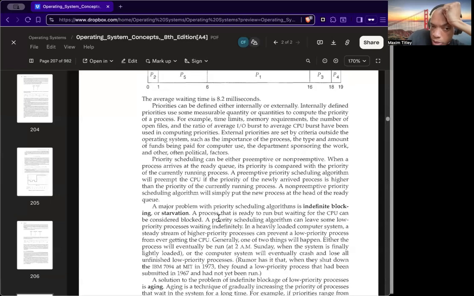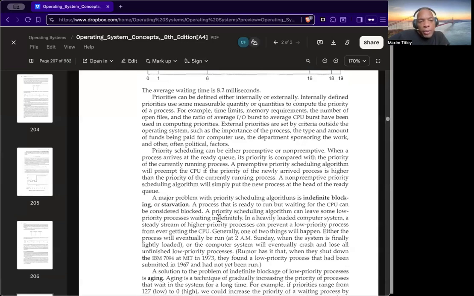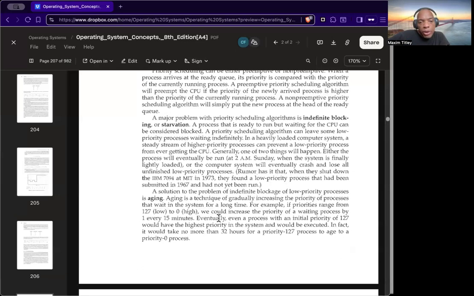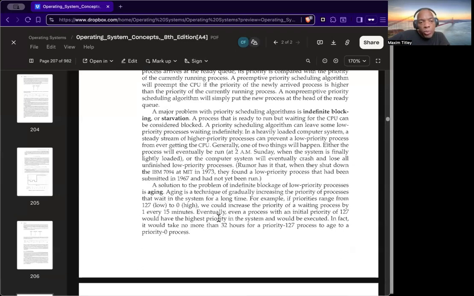Okay. The priorities can be either internally defined or externally defined. But how we run these actual tasks, it's going to be based off of some defined priority, not necessarily when we first got there, nor will it be based off of how long it takes for us to finish. All right. So I'm just going to pause right here and see if anybody has questions.